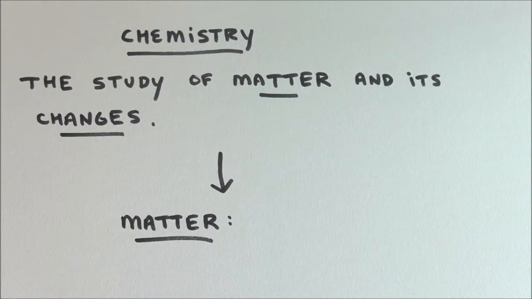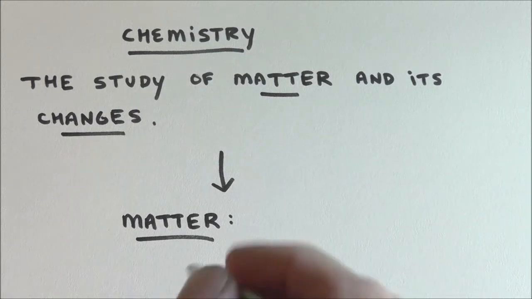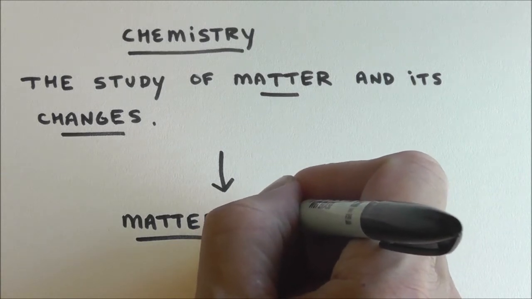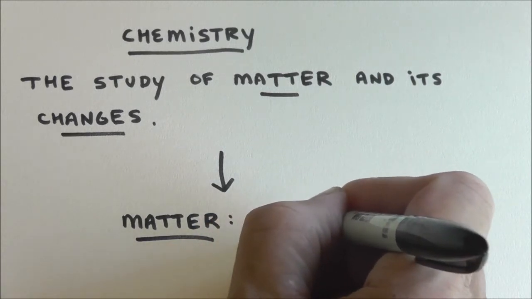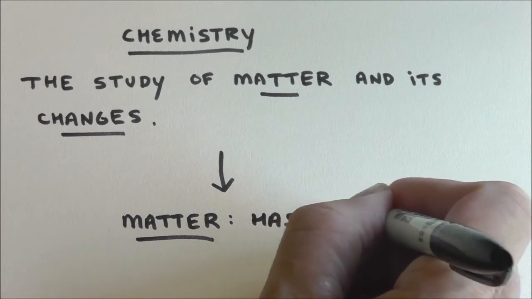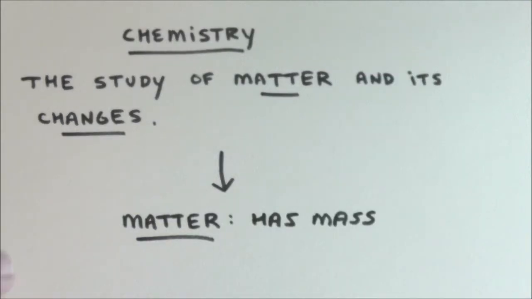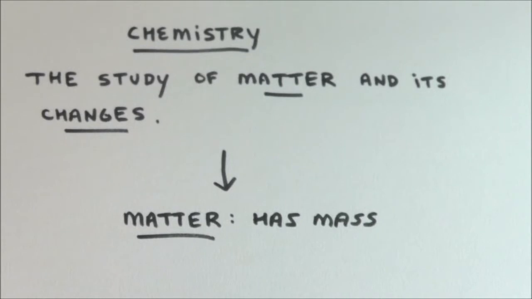Well, hi everybody, Mike here, and we'll start our journey now, defining what the field of chemistry is. Chemistry is the study of matter and its changes, which kind of begs the question, what is matter? Well, it's pretty easy to explain. Matter is anything that has mass, which means we can weigh it. So for example, this piece of paper I'm writing on, I could say, hey, that's matter because I could put it on a balance and weigh it.